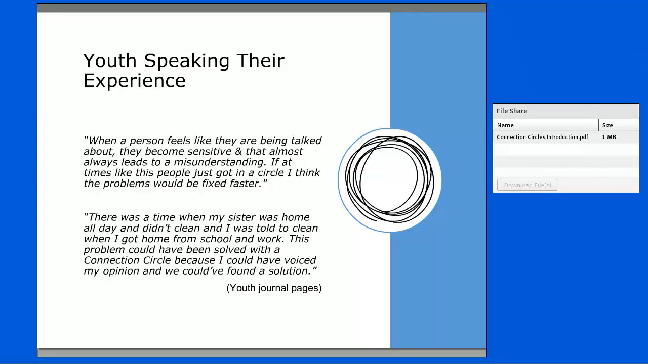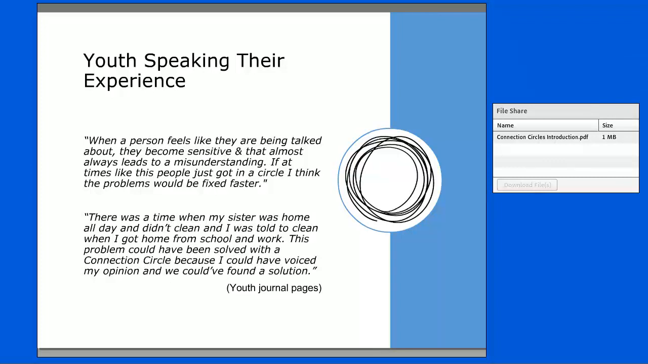When a person feels like they're being talked about, they become sensitive, and that almost always leads to a misunderstanding. If at times like this people just got in a circle, I think the problems would be fixed faster. And then this comment relating how a circle could have helped with a problem this particular participant was having at